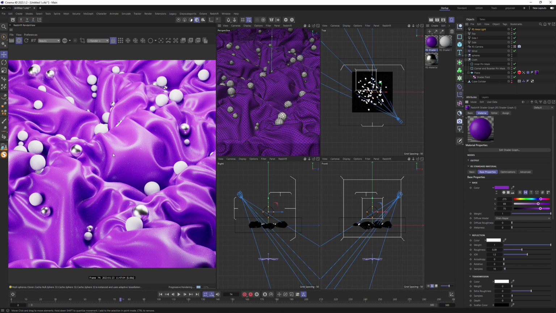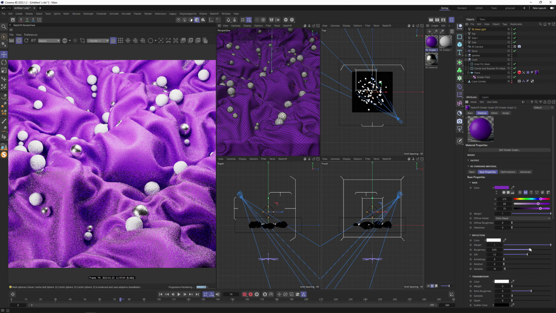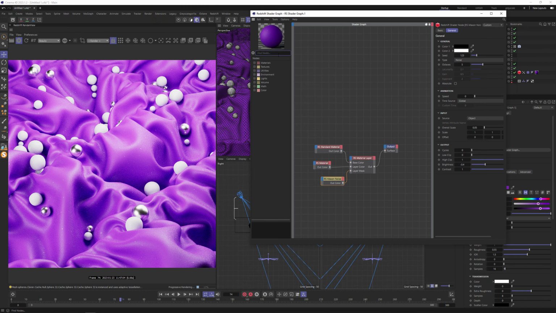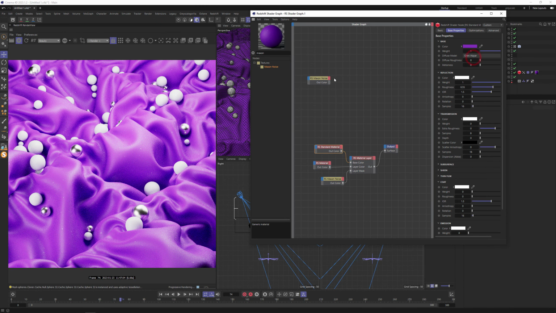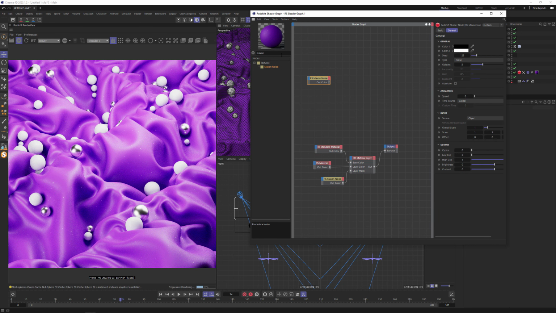The less roughness, the more glossy it is. I think it's not the way the cloth should look, so up the roughness. I want to change the regular color to some gradient. I create a Max and Noise, pick the color, I copy it to buffer, and instead of playing with Max and Noise,